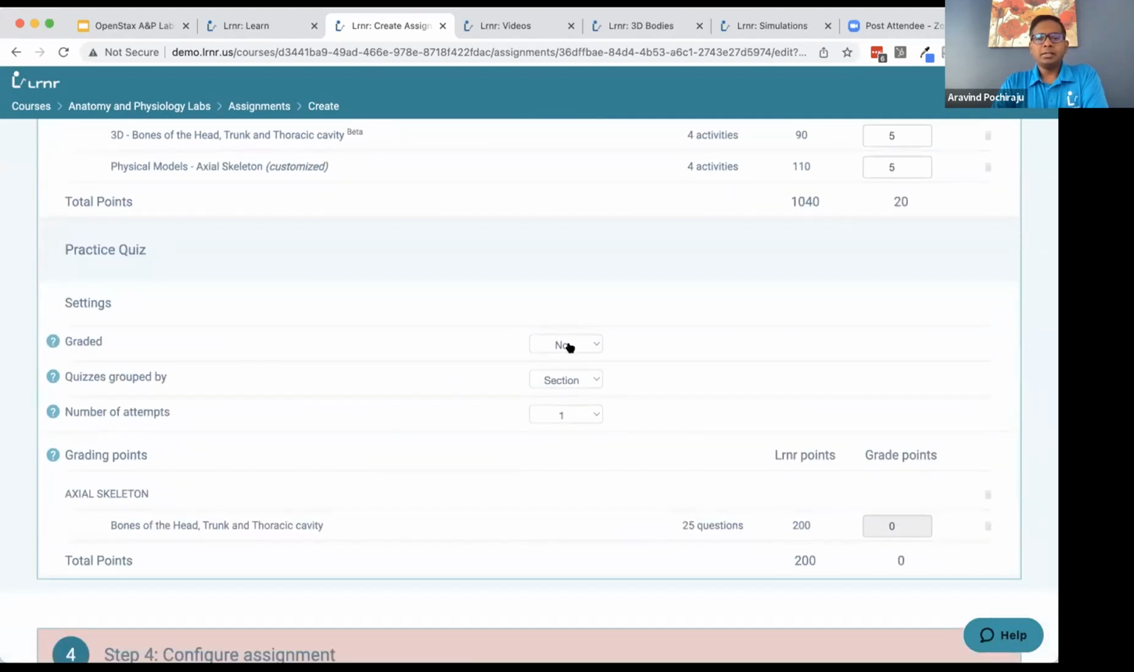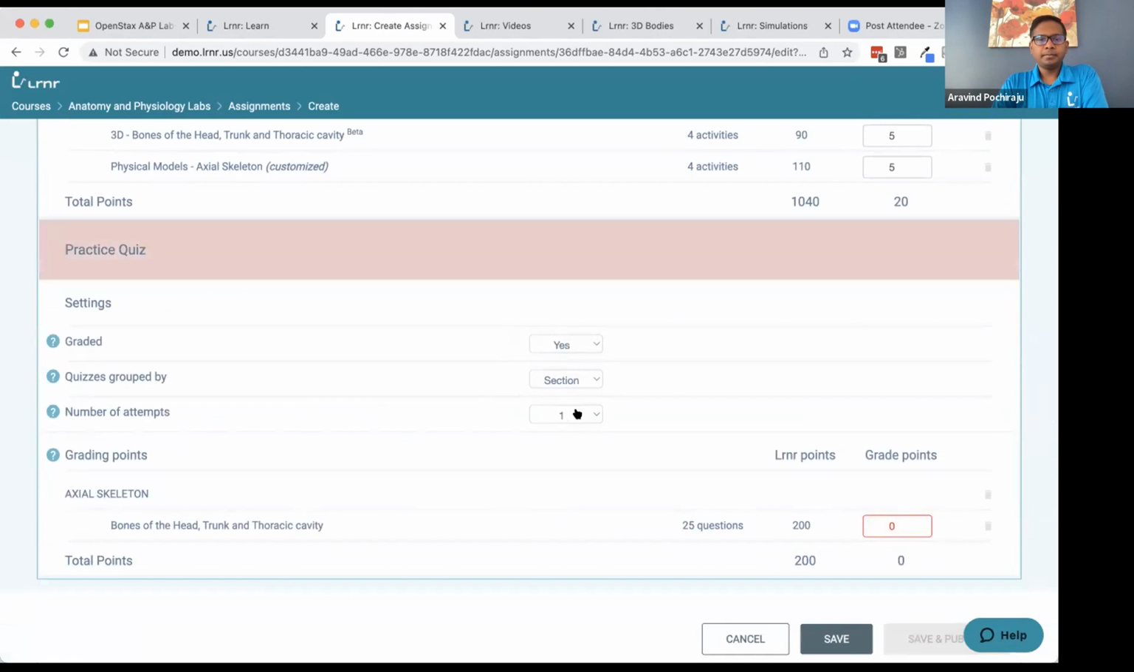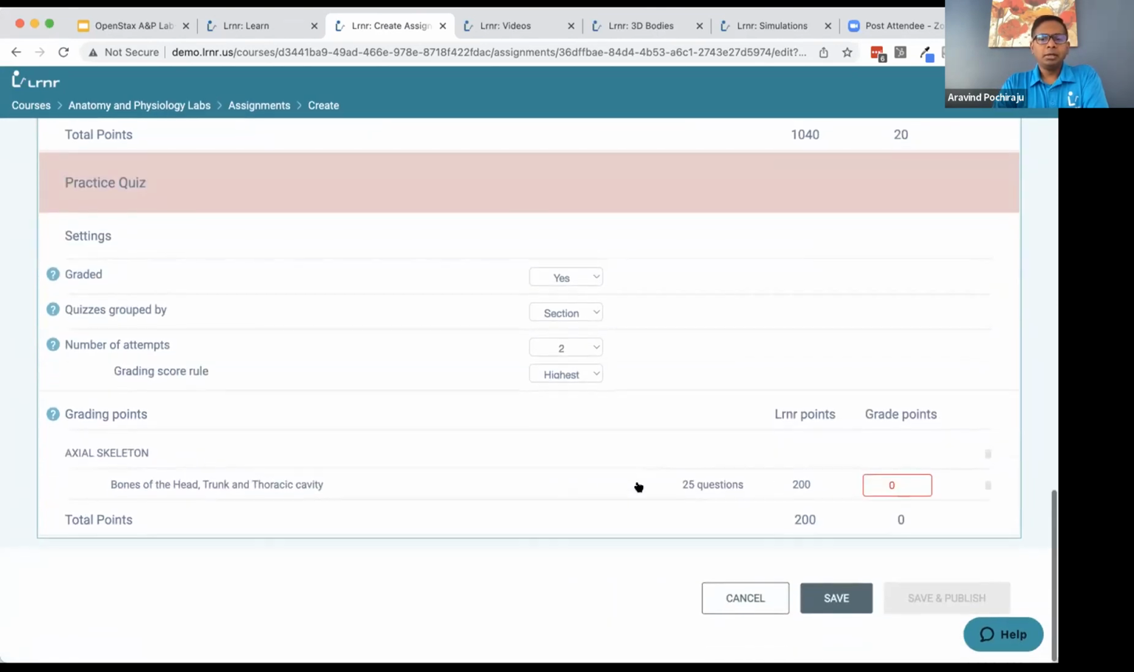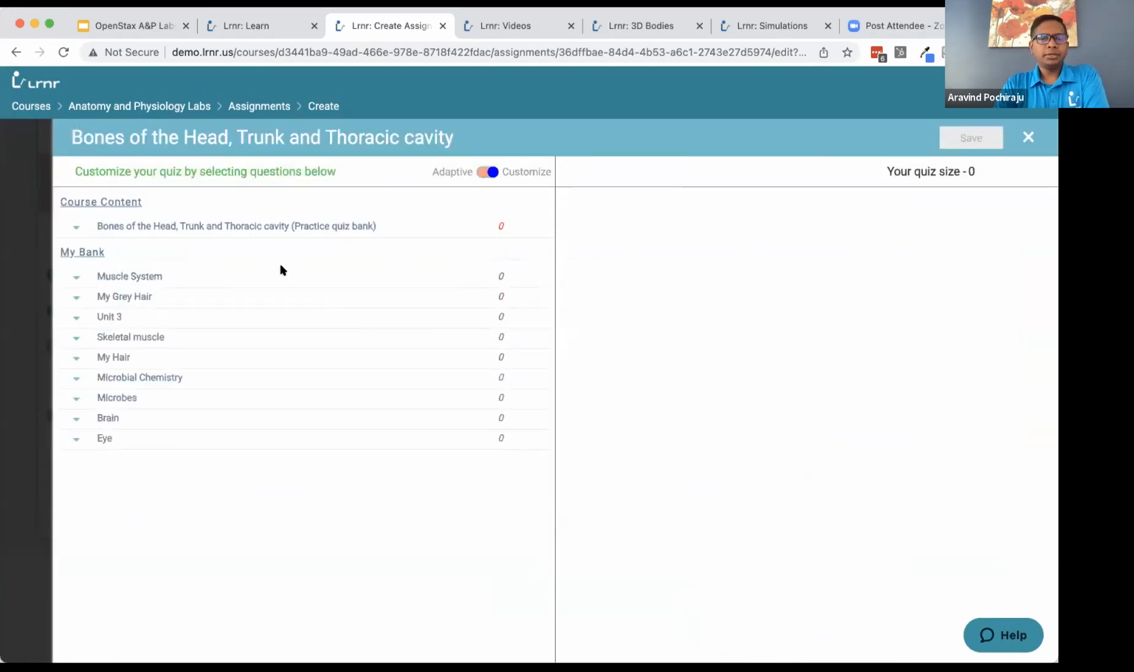Practice quizzes, exactly the same thing. Number of attempts is unlimited. You can still customize. If you keep it adaptive, the students don't get asked 25 questions. It's typically 8 to 10, like I said. Otherwise, if you want to pick the questions you want,